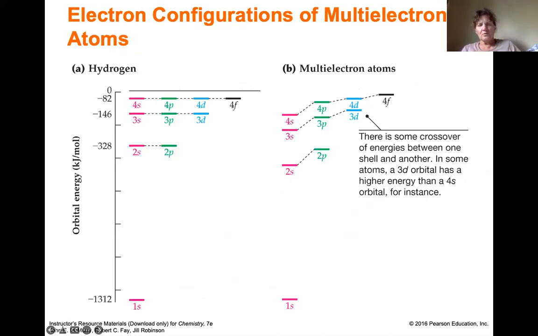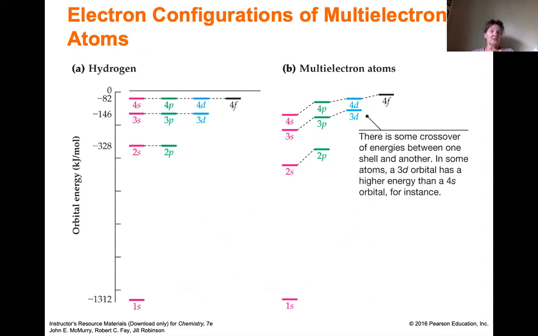So we're using calculus to come up with wave functions, and those wave functions are orbitals. They tell us where electrons are likely to be found. But what they're really doing is labeling energy levels. So remember at the start of this chapter, we talked about